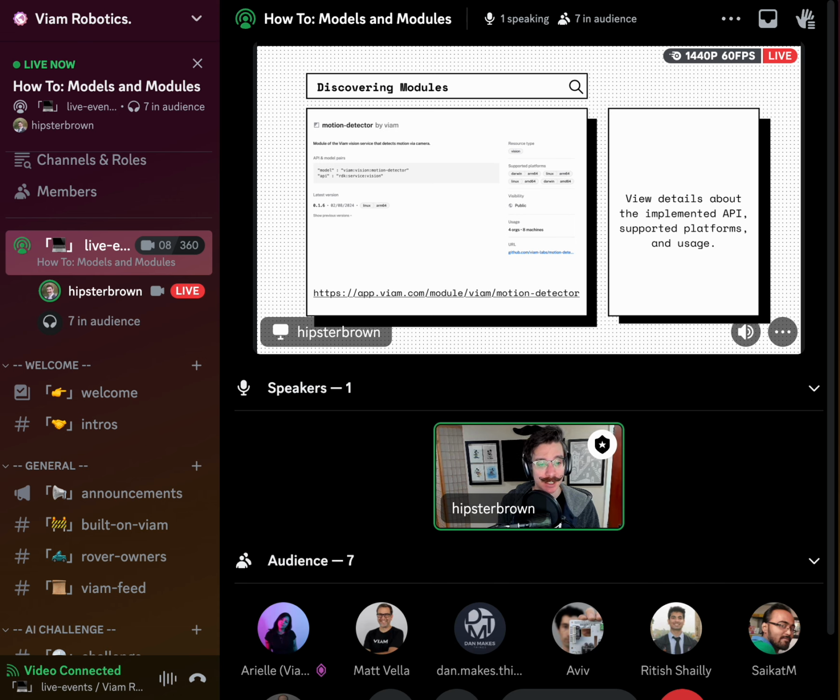And so when you select a module from the registry and you want to view the details of it, we can see here, like the motion detector module, it provides a vision service for motion detection. And we can see how it implements the vision service. The model is called a motion detector. Its latest version is 0.1.6, published on that date. We can even view previous versions if you want to see how often it's updated and how often they're rolling out support,